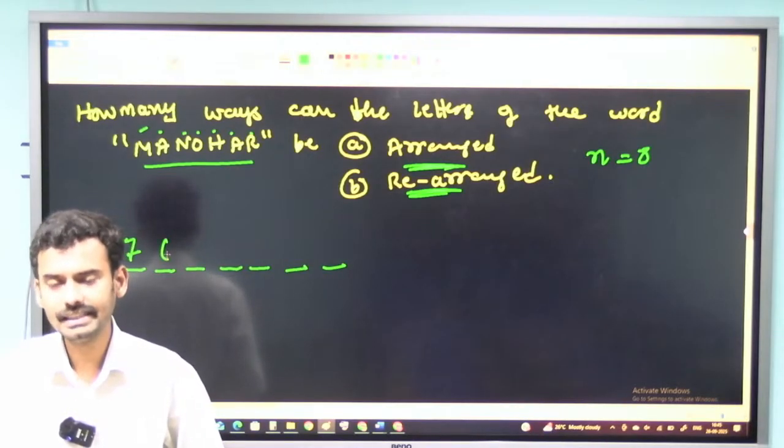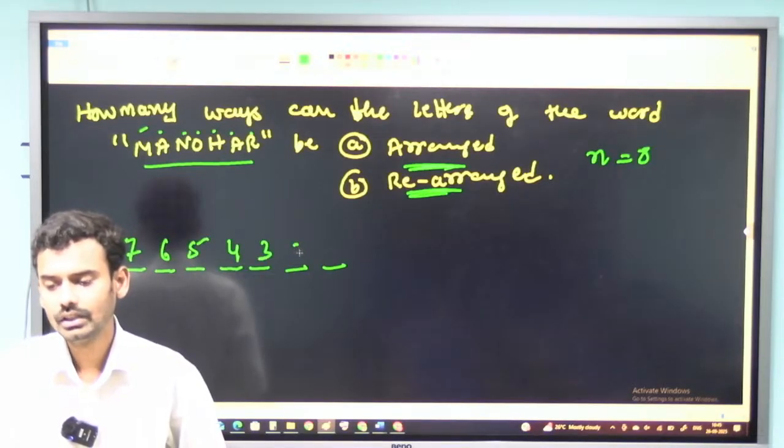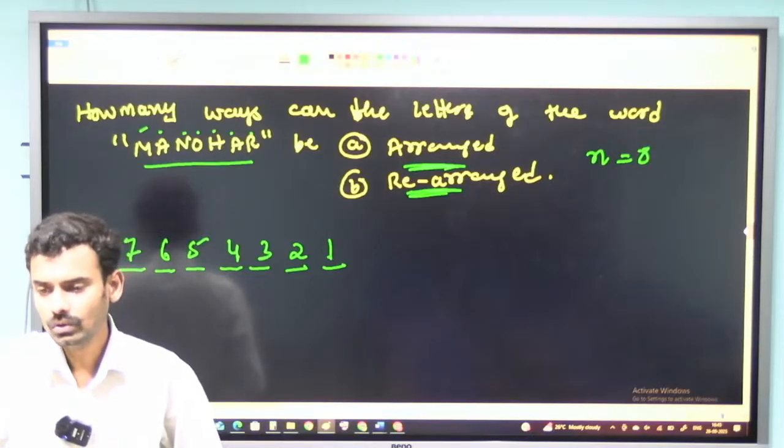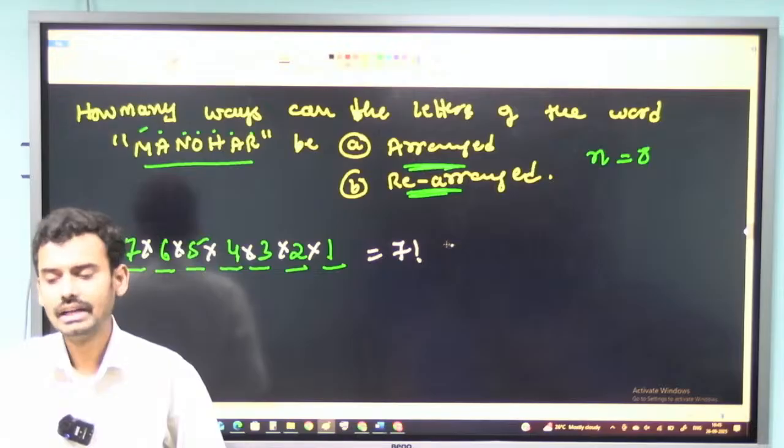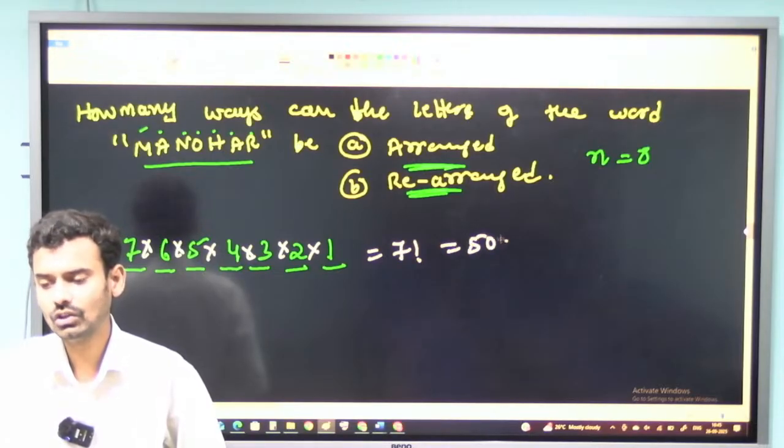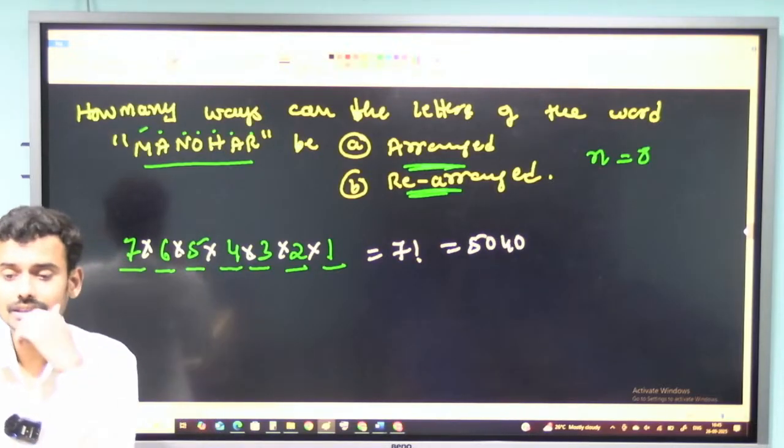Possibilities for the next one is 6. Possibilities for the next ones are 5, 4, 3, 2, 1. Now if I multiply 7 into 6 into 5 into 4 into 3 into 2 into 1, the answer will be 7 factorial. And we know that 7 factorial is 5040. But here what happens is,